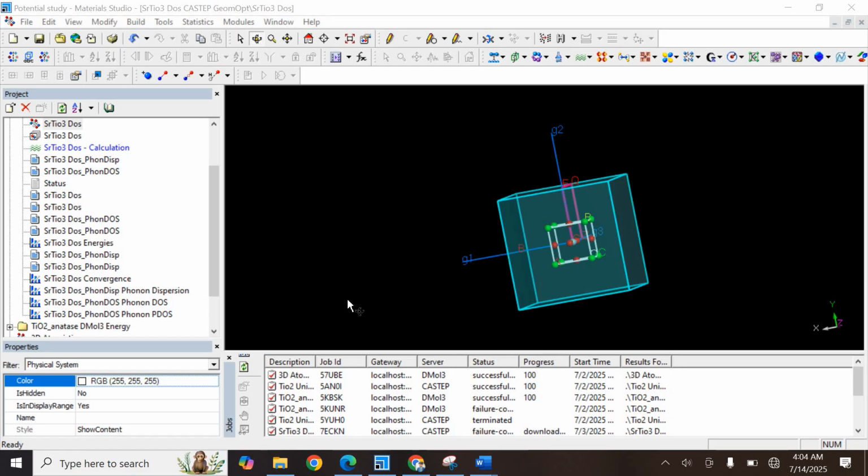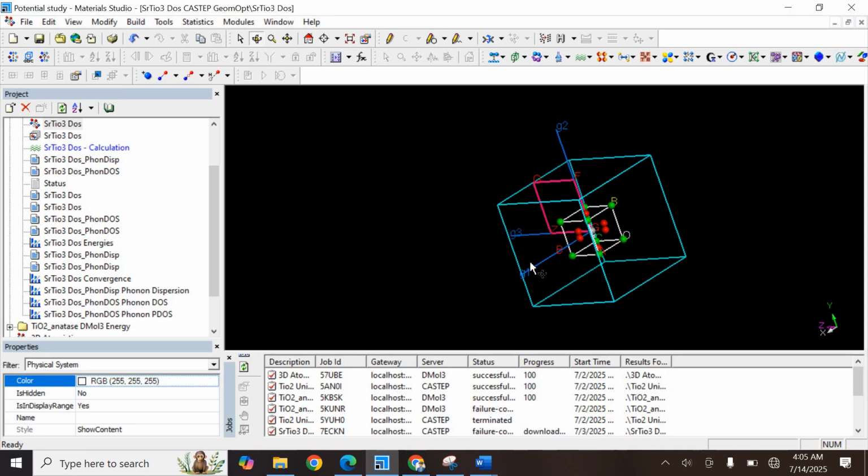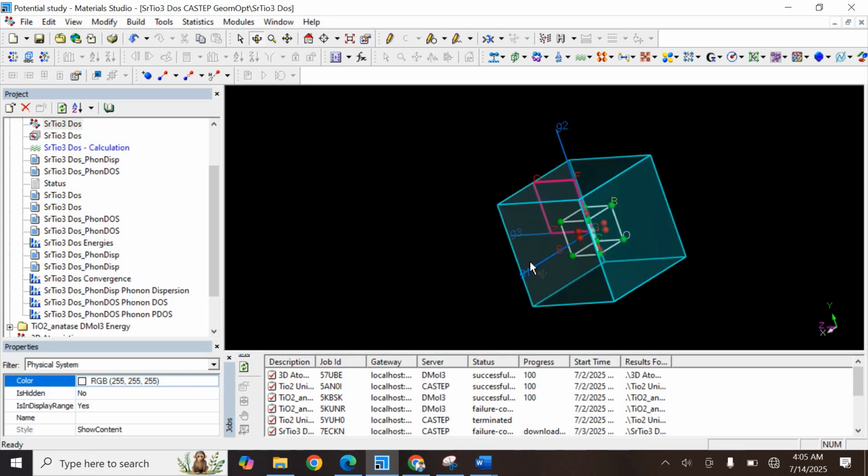In today's lecture, we will learn how to calculate phonon density of states and phonon dispersion in CASTEP. Basically, these properties help us understand how atoms vibrate in a solid and whether the structure is dynamically stable or not. And vibrational studies are important when we are working with materials used in electronic, thermoelectric, catalysis, and even